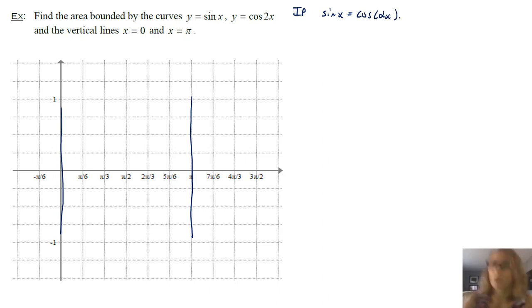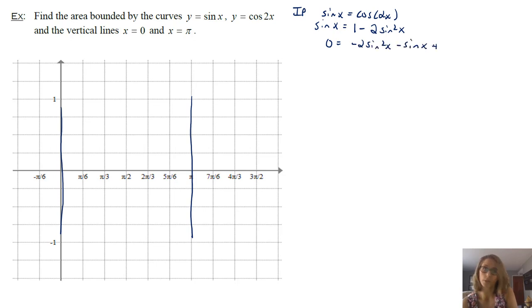And this is where that pre-calculus knowledge comes in. So you want to rewrite your cosine of 2x with an identity. This comes up every once in a while in calculus, but one of the identities for cosine 2x is 1 minus 2 sine squared x. And now you're solving a trig equation. So this should just be information that you have from your pre-calc, but it's very common, specifically trig, to have something like this.